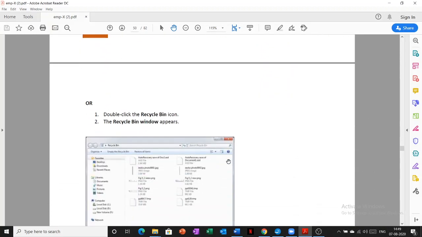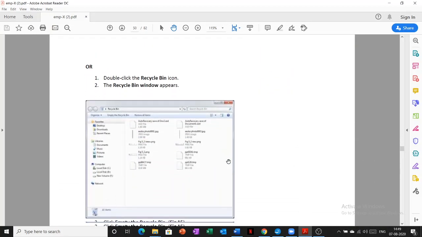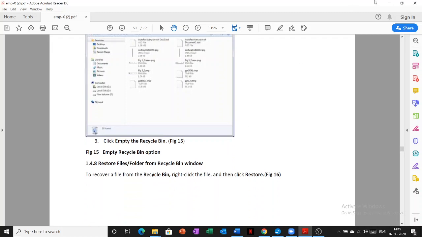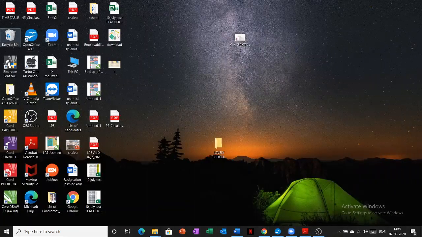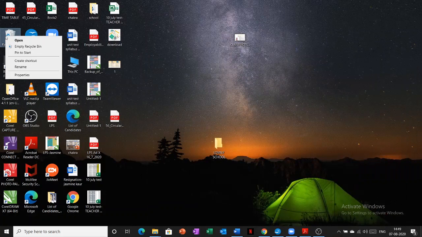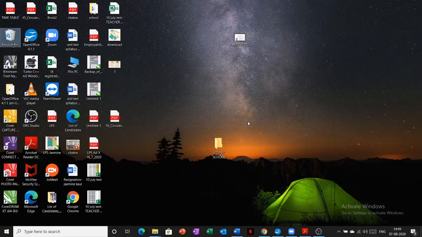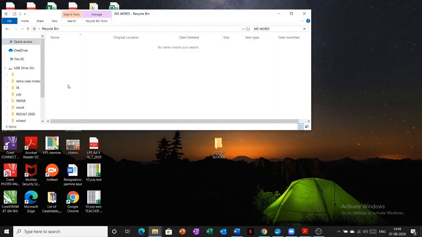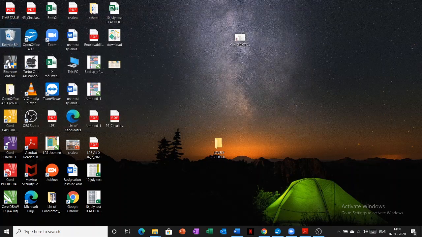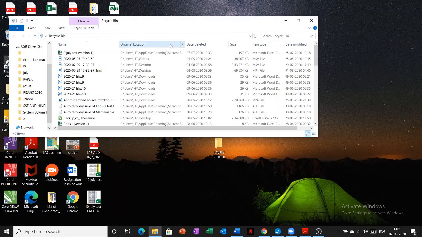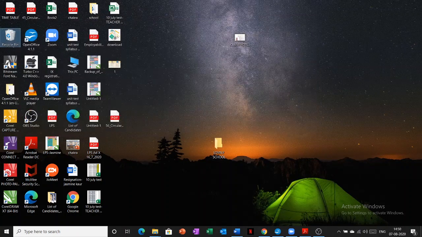Okay, one more thing. You can empty your recycle bin. How? Just right click on this and click on the empty recycle bin. Let me show you how many items are there. There are 49 items in my recycle bin right now.